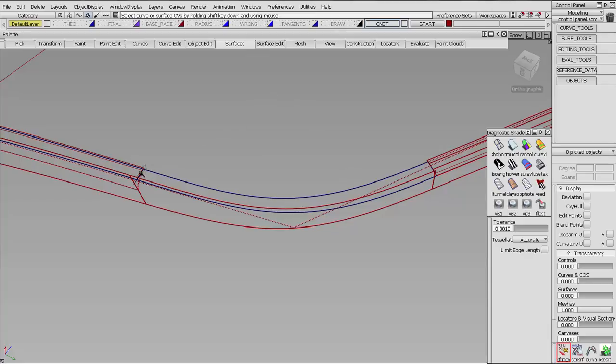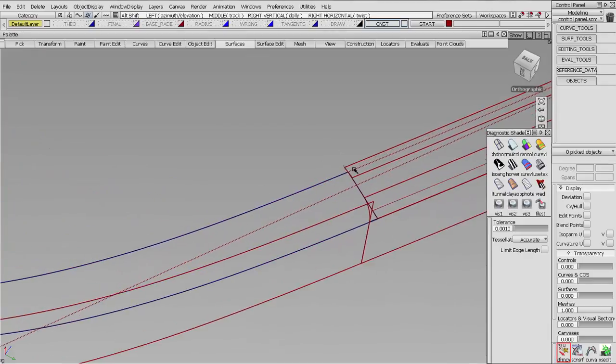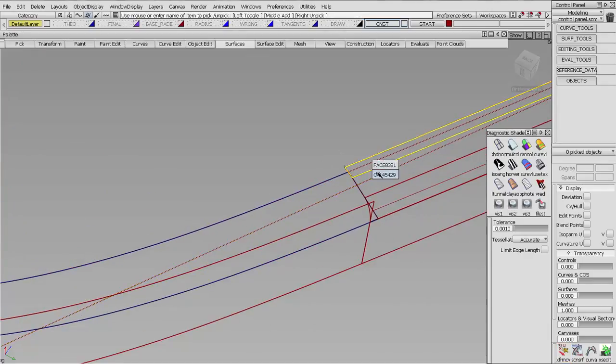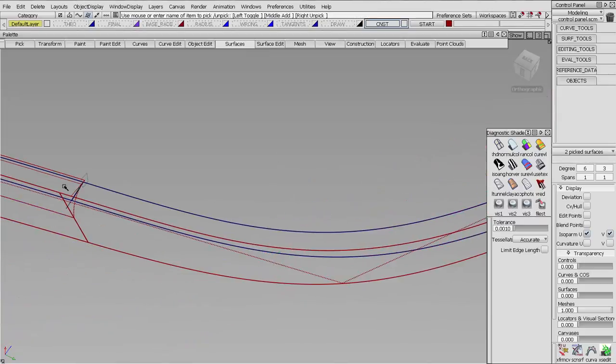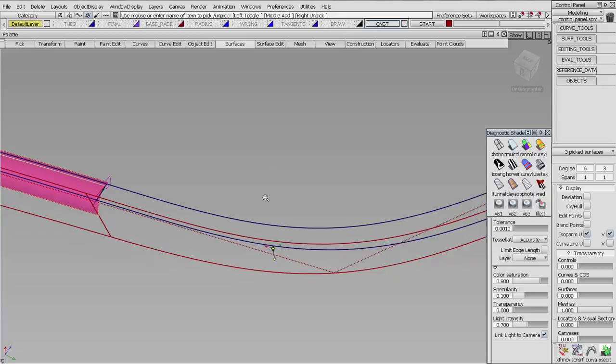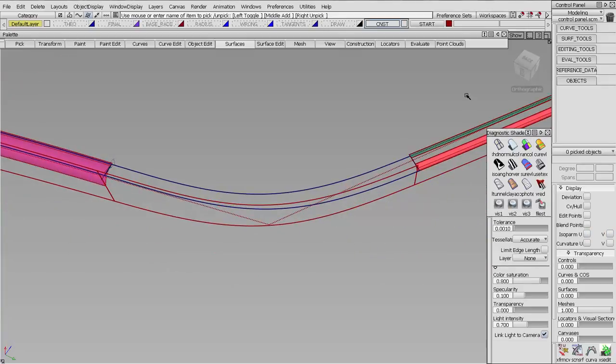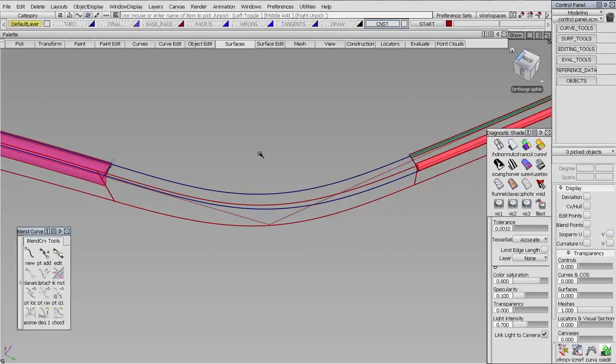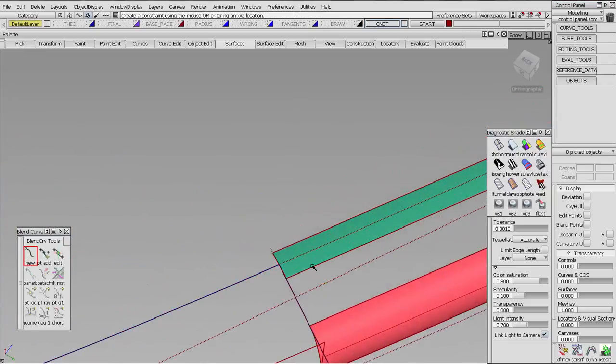Next step is that we need somehow to get our transition from this radius size, so this radius and this radius, we need to get its transition to this radius, okay? And we'll do that using blend curves. And I'm going to put one blend curve here,